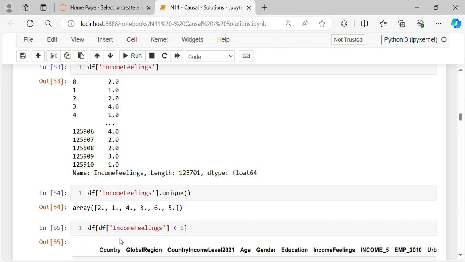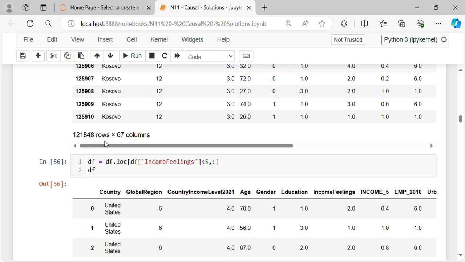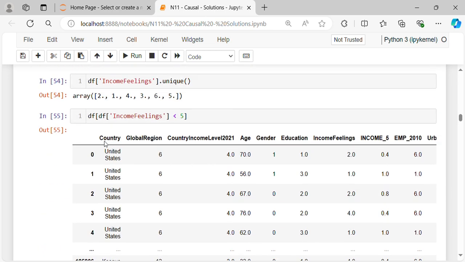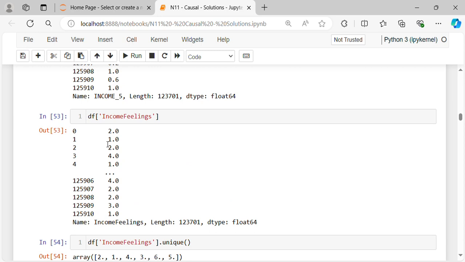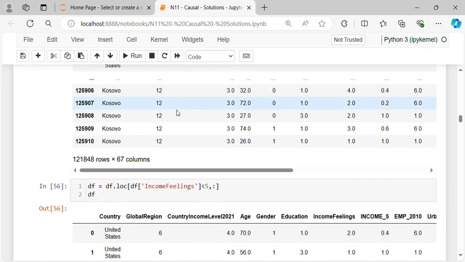Let's select all the income_fillings values that are less than 5. So we don't want 5 and 6. df[df['income_fillings'] < 5] gives us 121,848 rows. We had 123,701 data rows, and when we do the selection for income_fillings less than 5, we are left with 121,848 data rows. So let df equal df.loc[df['income_fillings'] < 5,